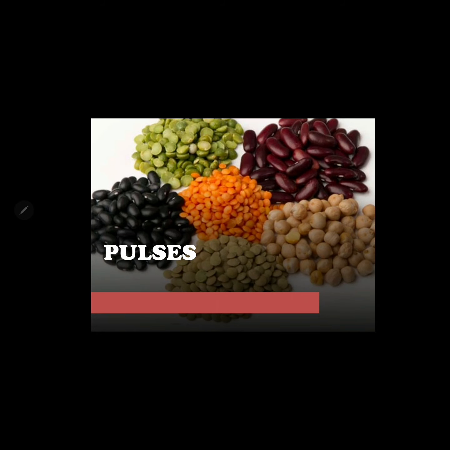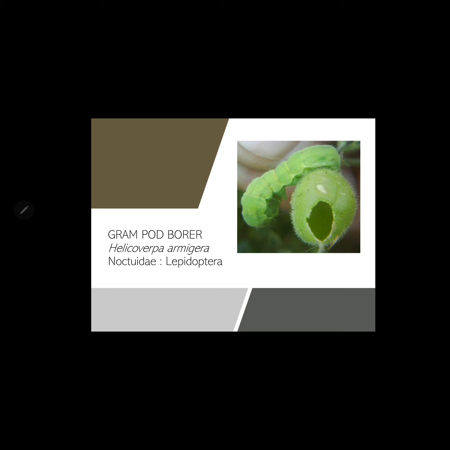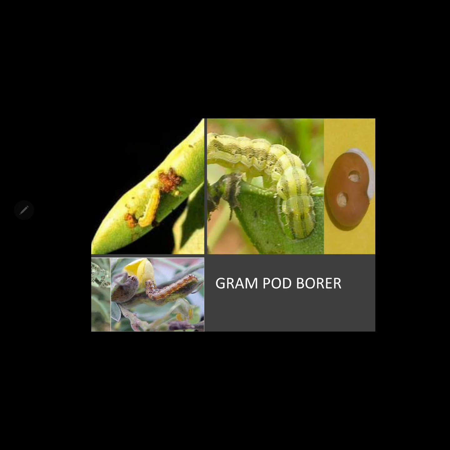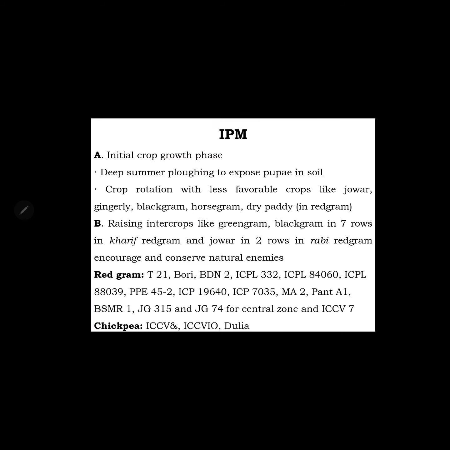Hello everyone. Here we are continuing our pests infesting pulse crops. We have seen gram pod borer, Helicoverpa armigera. It's a noctuid pest and a very dangerous polyphagous pest, occurs worldwide and causes severe losses in all pulse crops. These are their 4 stages, and this is the nature of damage caused by Helicoverpa armigera. We saw the IPM practices to be followed to control Helicoverpa armigera,